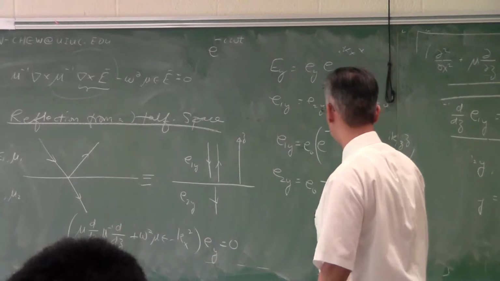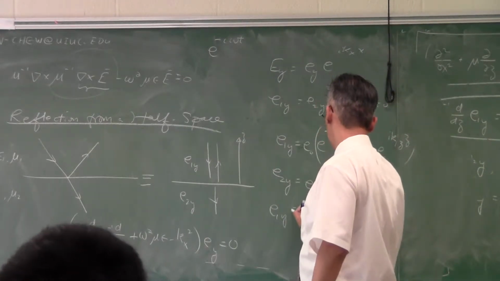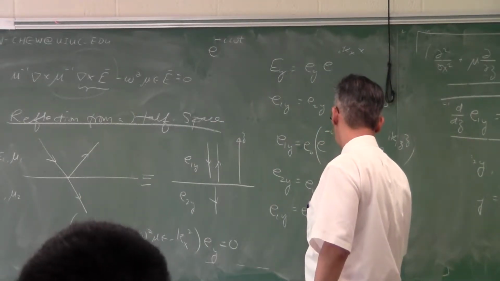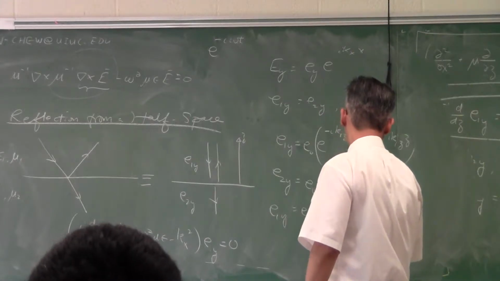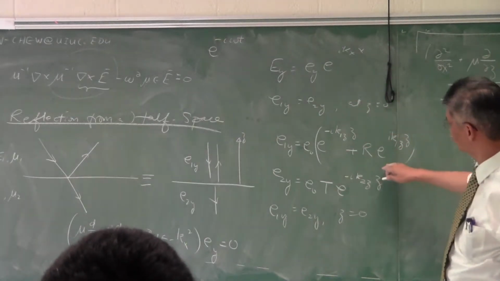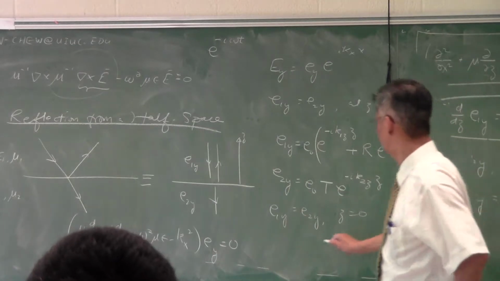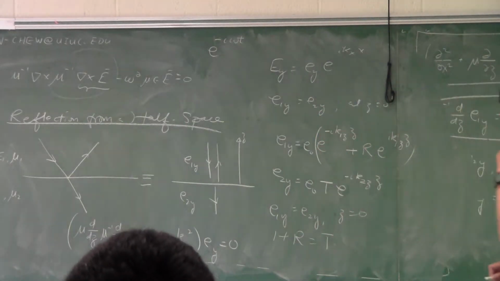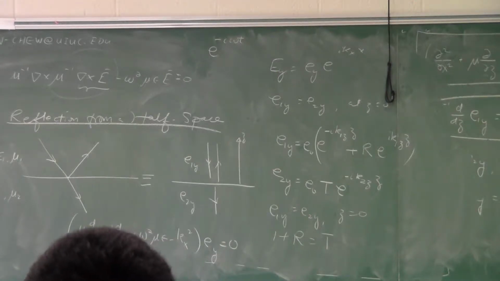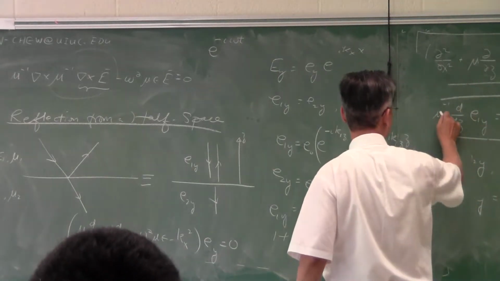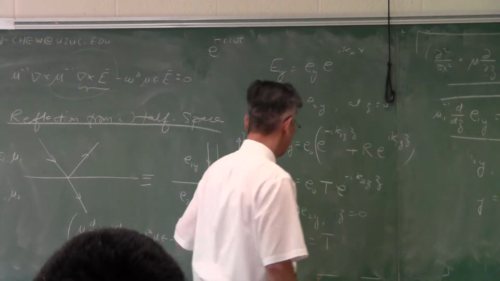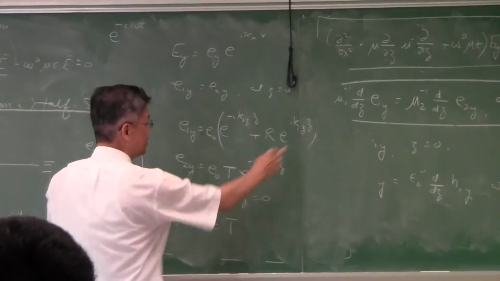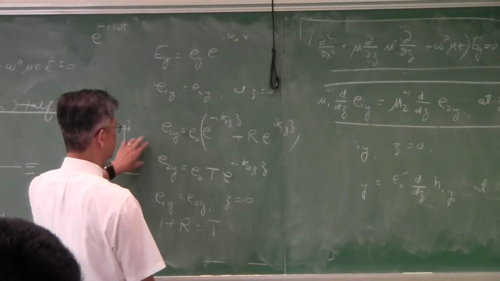Boundary conditions are E_1y equal to E_2y at z equal to 0. So if we match these two boundary conditions at z equal to 0, I get 1 plus r equal to t. Okay? And then the other boundary condition is this one that I just have slightly erased, which is that over there. If I impose the other boundary condition, I will get